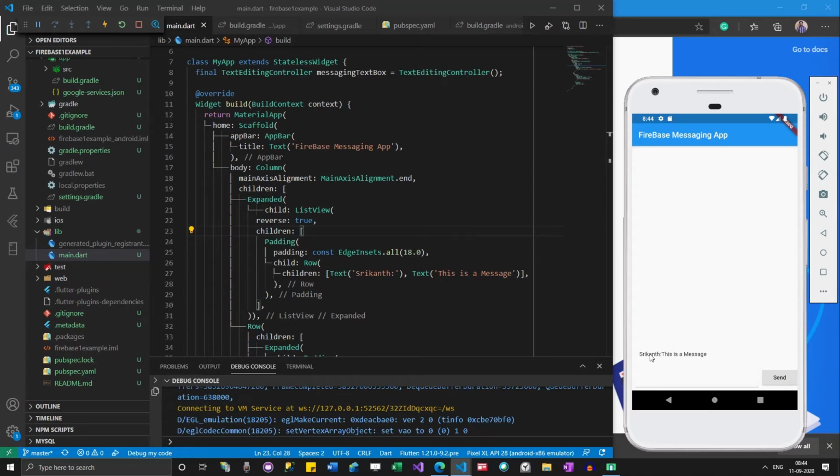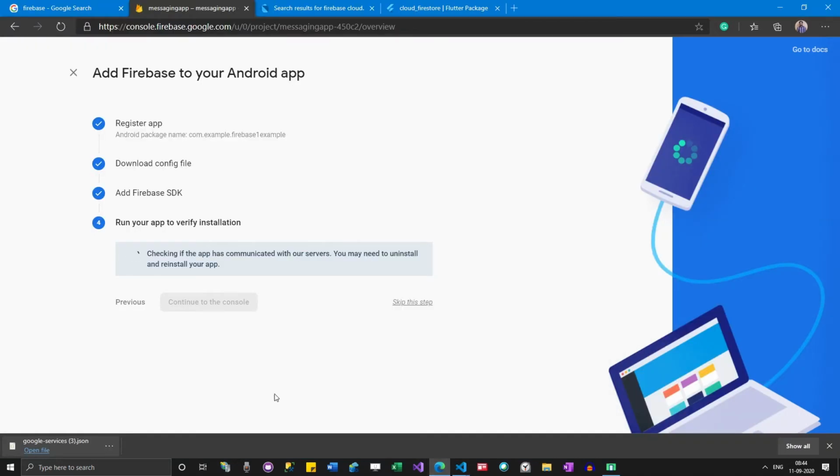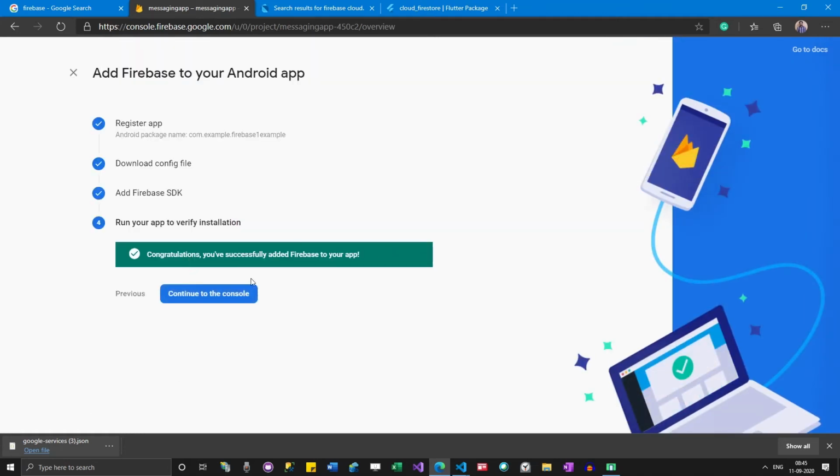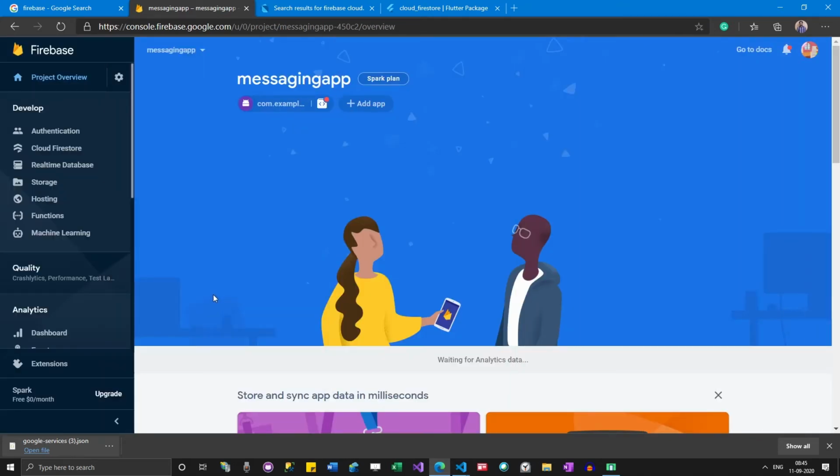Okay, so the app is loaded now. So I just click previous and click next, and then it says that you have successfully added Firebase to your app. So we have to run our app to verify this installation. Continue to the console.